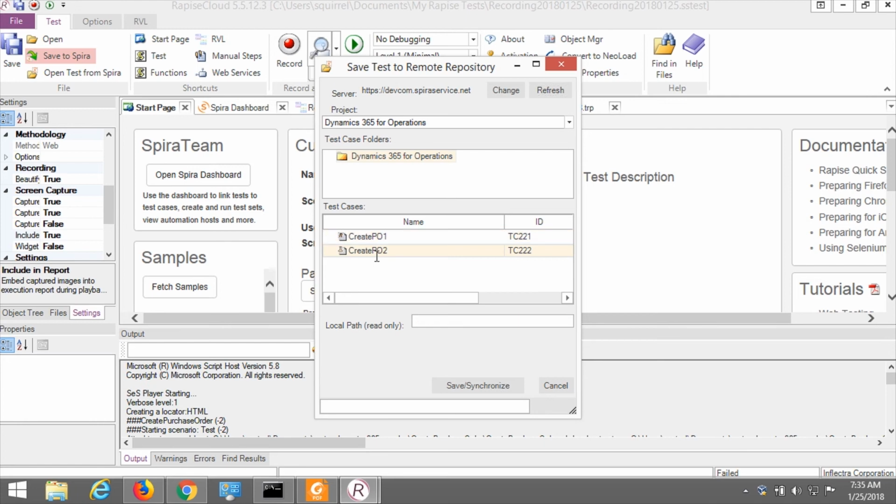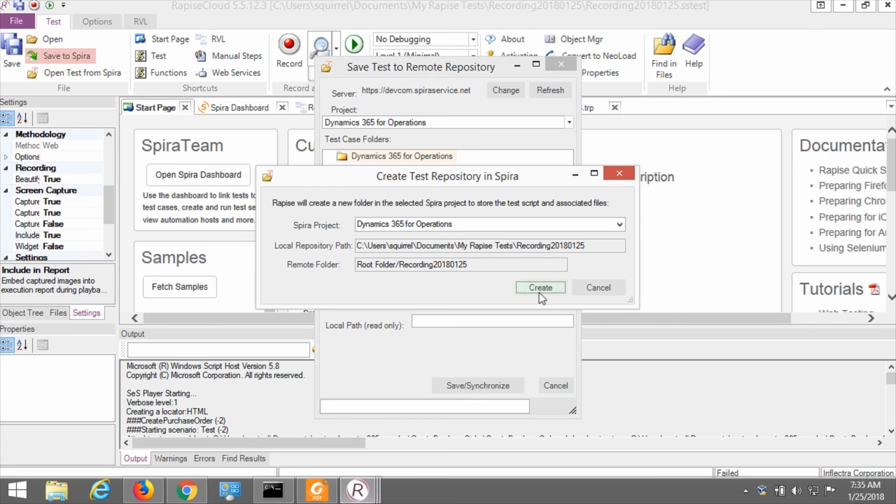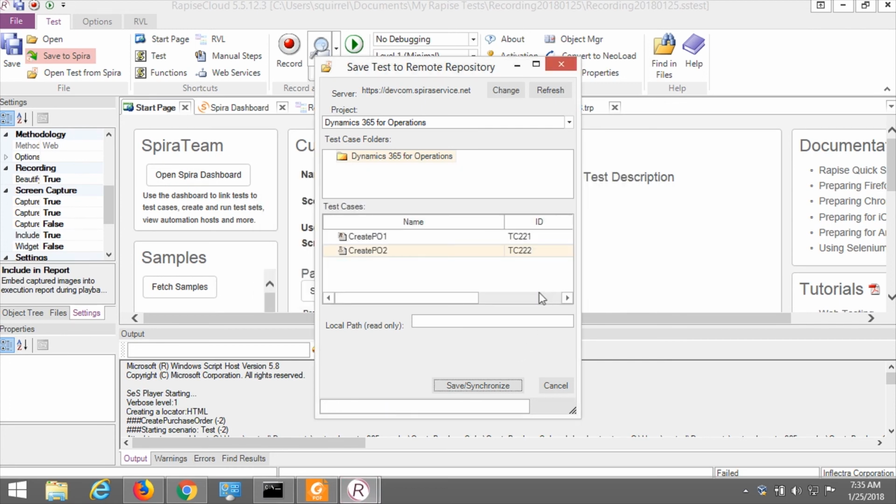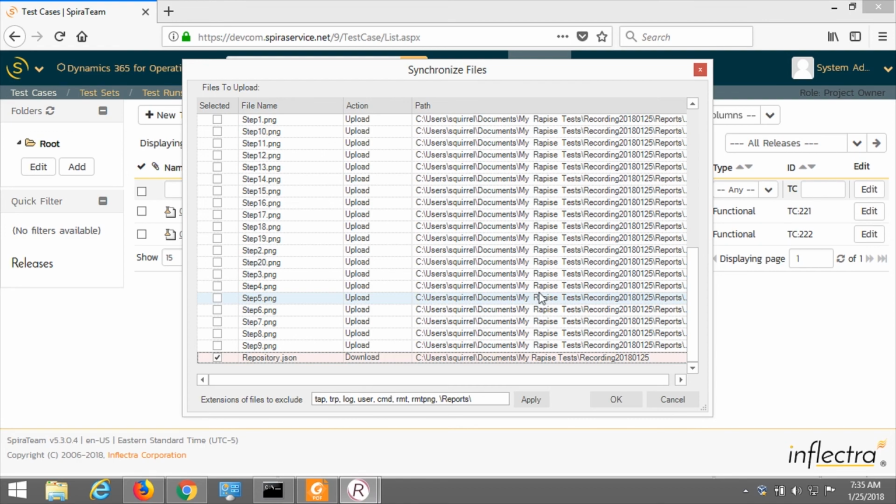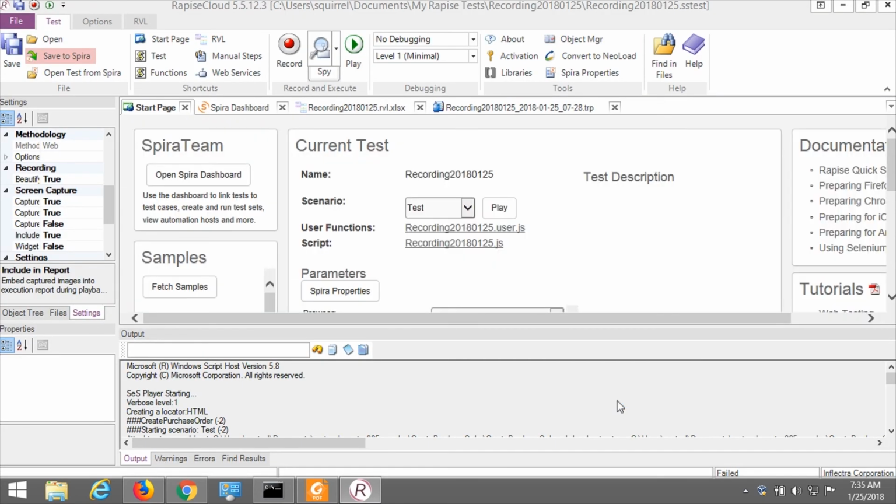So here I select my test case, create a purchase order second, and press the Save Synchronize button. And now everything will be uploaded into SpiraTeam. So while it is uploading, let's return to